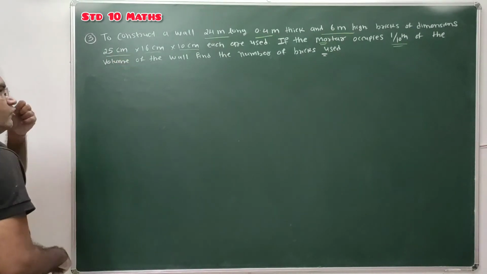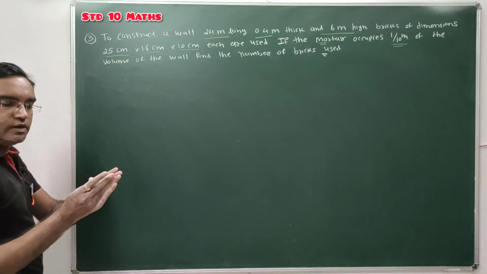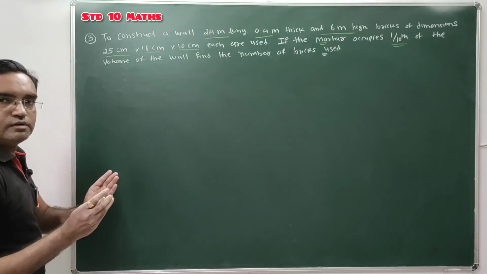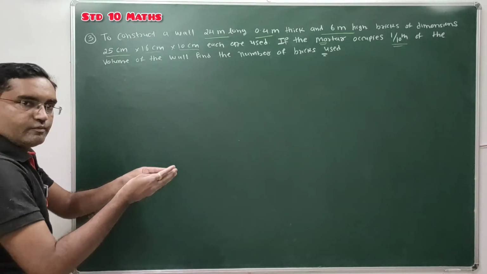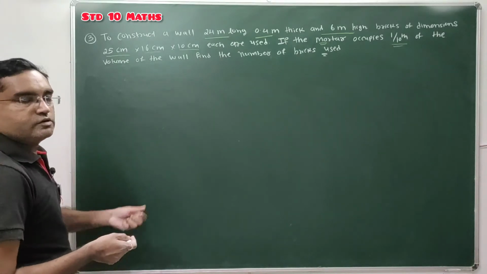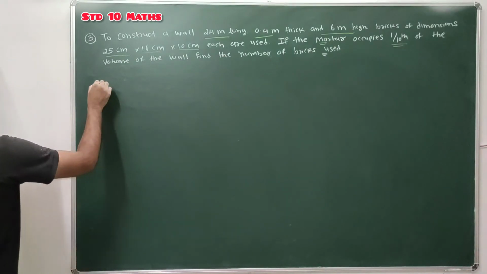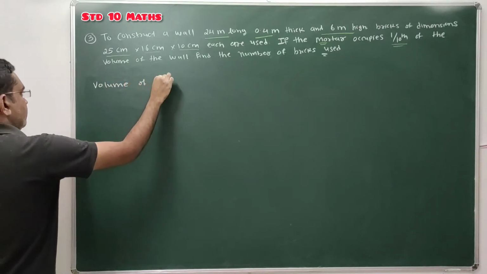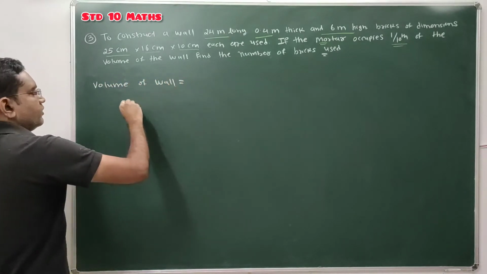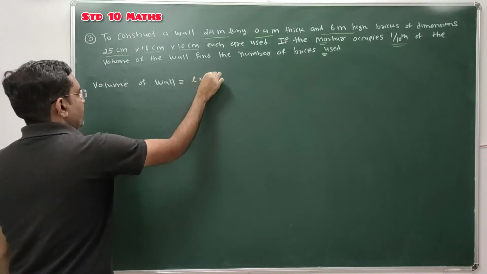So first we are given a wall. The wall is constructed using bricks plus mortar. दोनों भाग होगा, सीमेंट, रेती, कपची, है ना, जो बोलते हैं उसको. तो ब्रिक्स भी होंगी और वो मोटर भी होगा. तो टोटल वॉल्यूम, सो वॉल्यूम ऑफ वॉल, सो व्हाट इज द वॉल्यूम ऑफ वॉल? वॉल्यूम ऑफ वॉल that is equal to length into breadth into height.